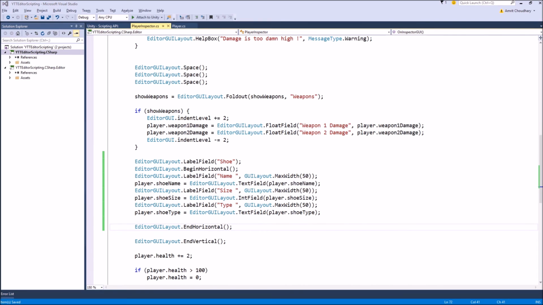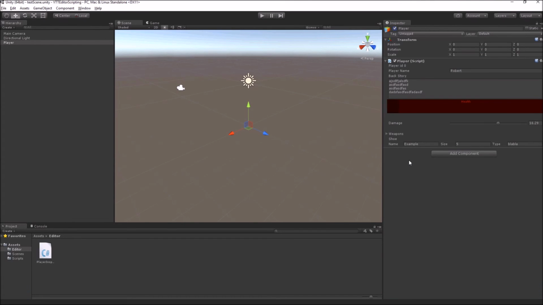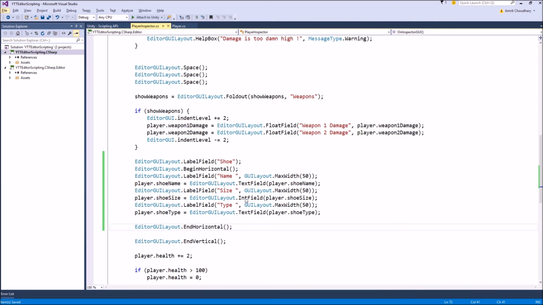So the formatting is really simple. You assign a label, you write a field, then you assign a label, you assign a field, and then label, and then field. So this is the way we are writing the GUI elements in the horizontal layout. First we add a label name, then we add a text field, then again a label, then int field, then a label and a text field.